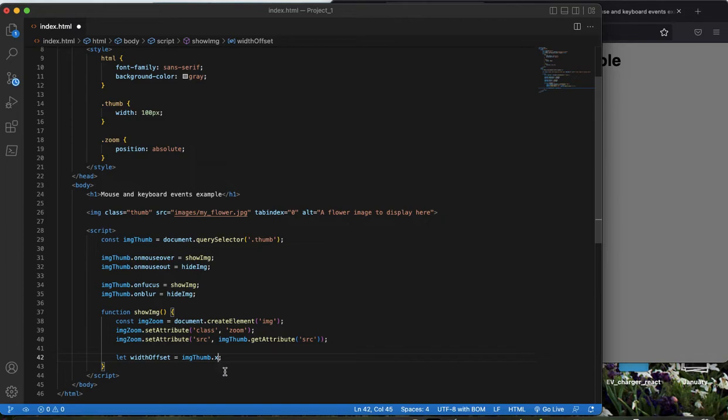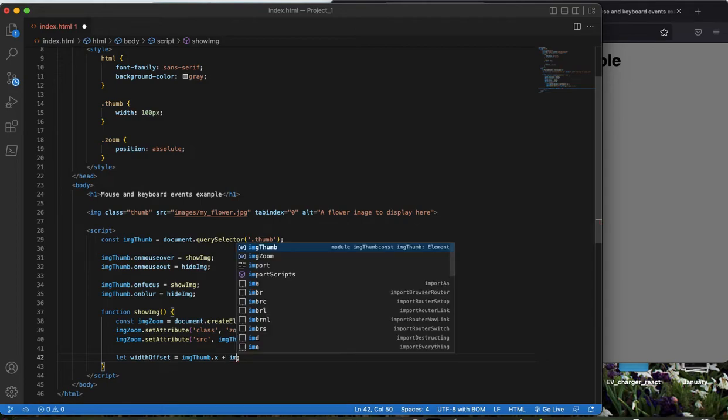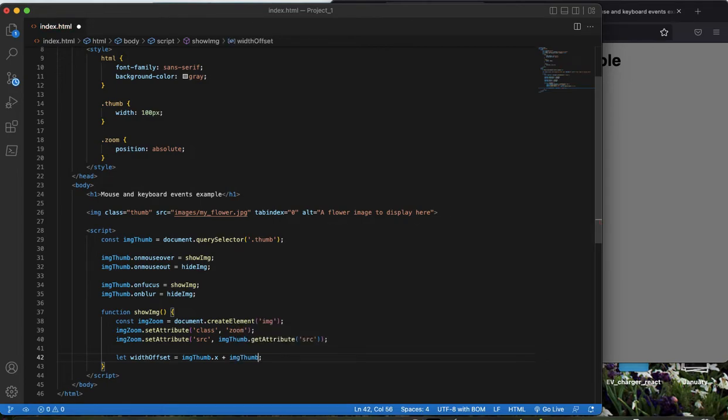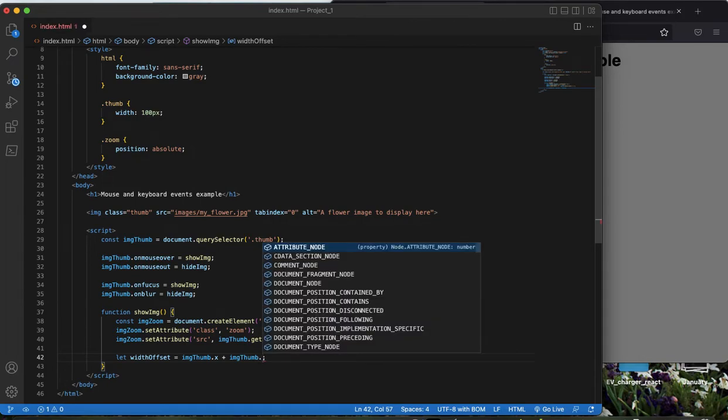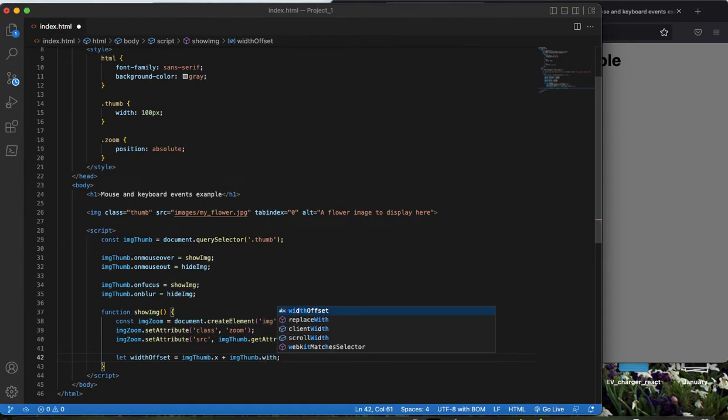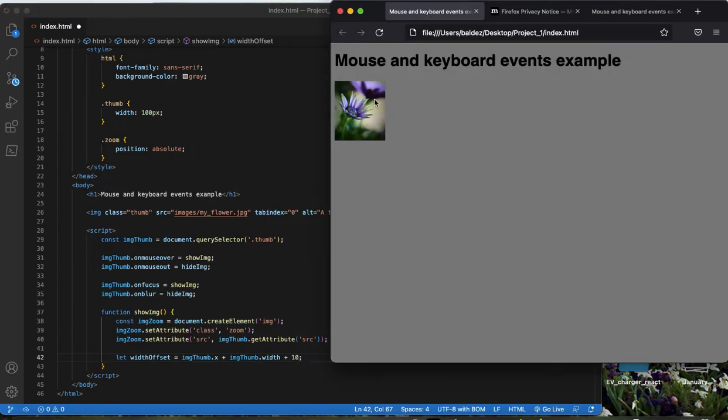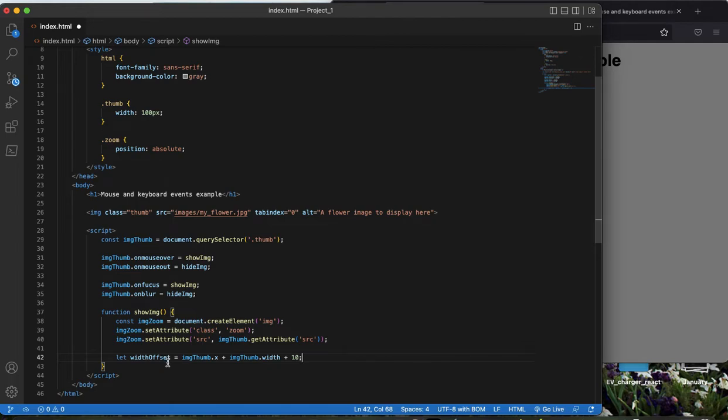Yes, and here we can concatenate it to also the image thumb again, and plus the width, because we need the width here. Yes, let me write it correctly. Width and plus 10. This 10 will represent the empty value between this thumb image and the big image we will display, or we will zoom out. Yes, now let's come here and